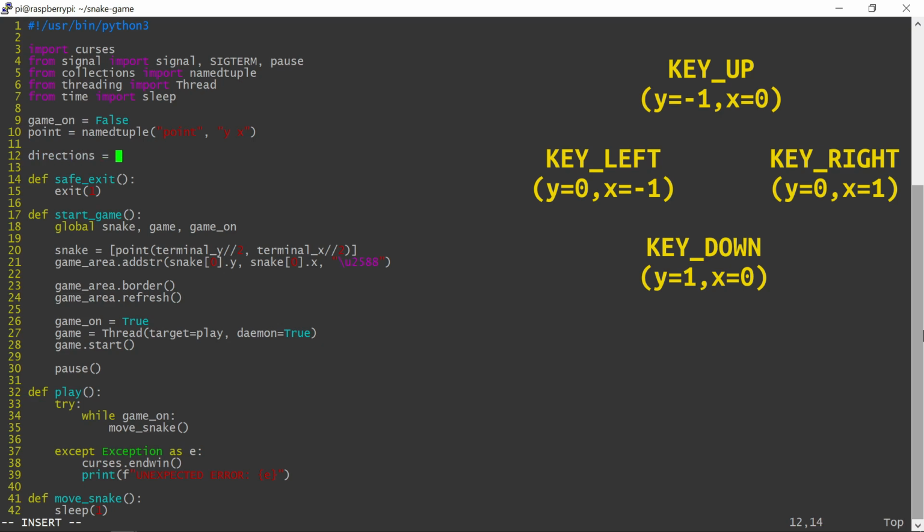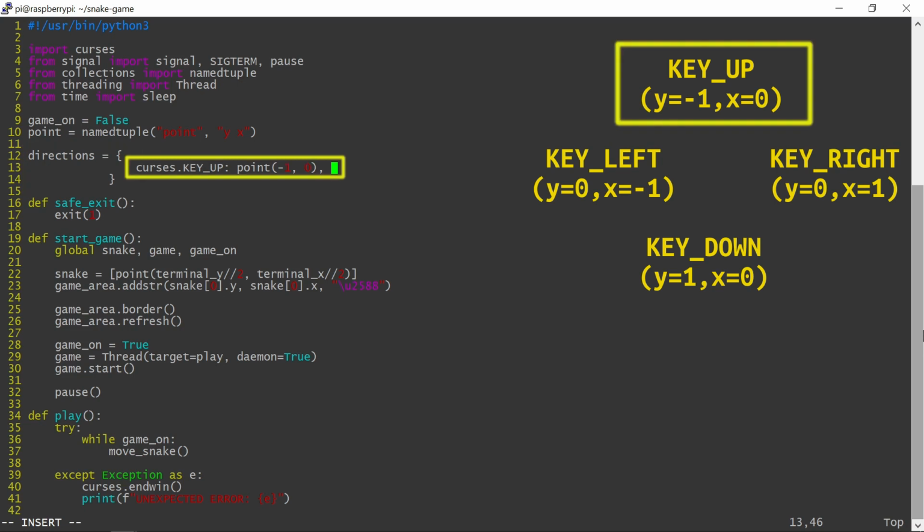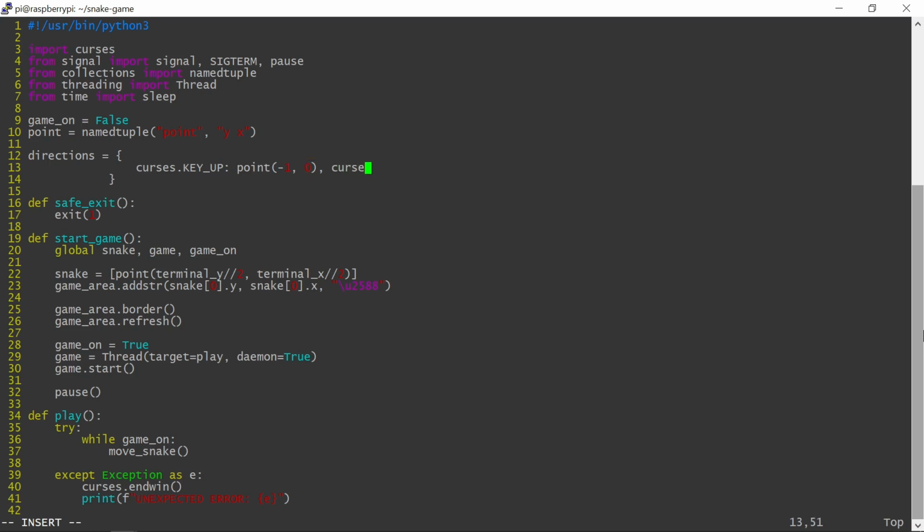I use a Python dictionary to store this information, which allows looking up the pairs based on a unique key such as key up. As an example, whenever the up key is pressed, the snake will move up by 1 position. The -1 means a decrement to the y screen coordinate, while the 0 means that the x coordinate will not change. The y and x coordinates never change at the same time, otherwise the snake would move diagonally.